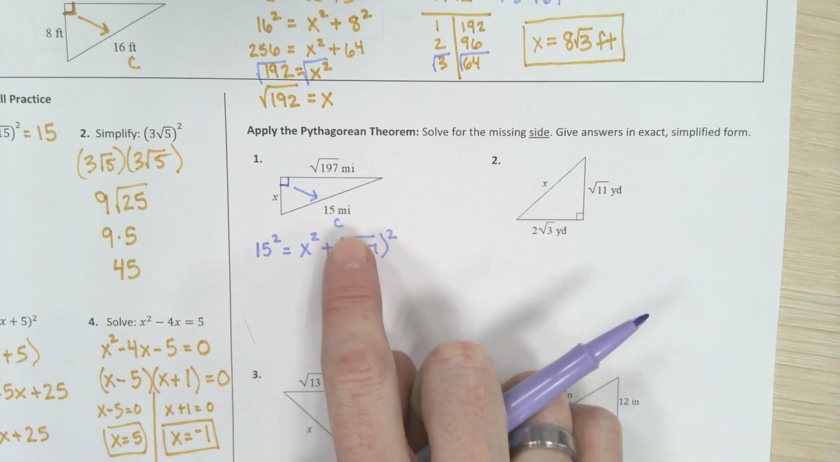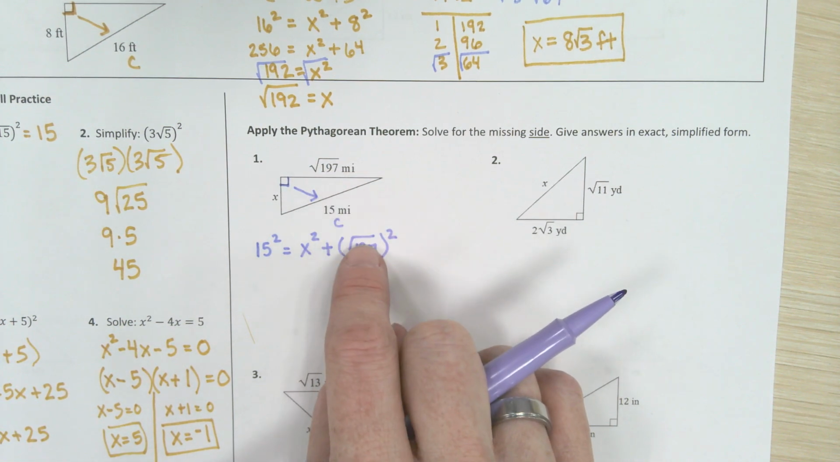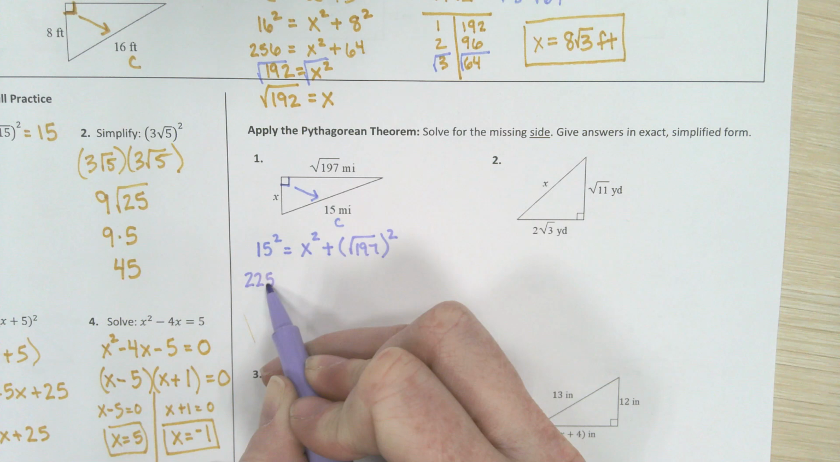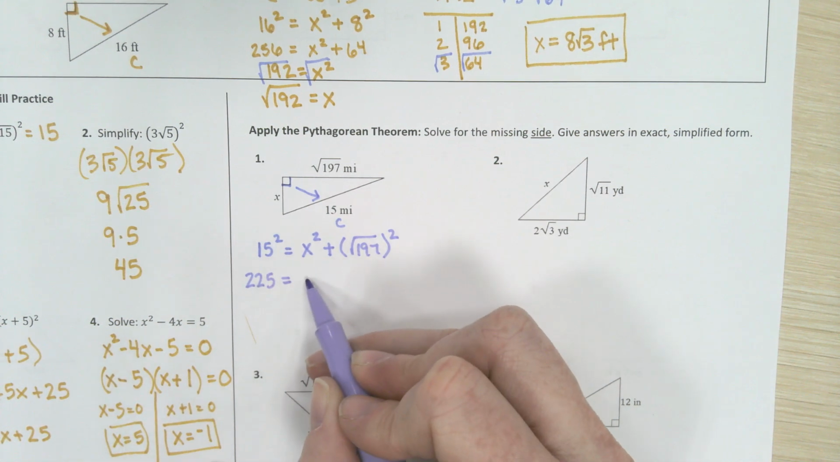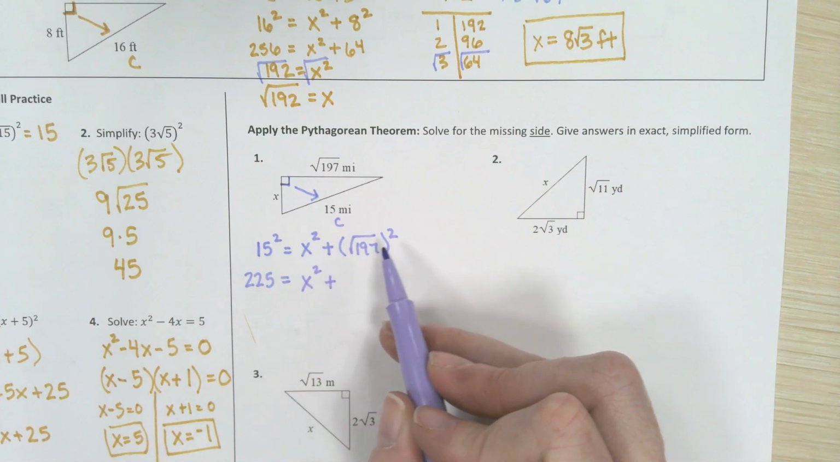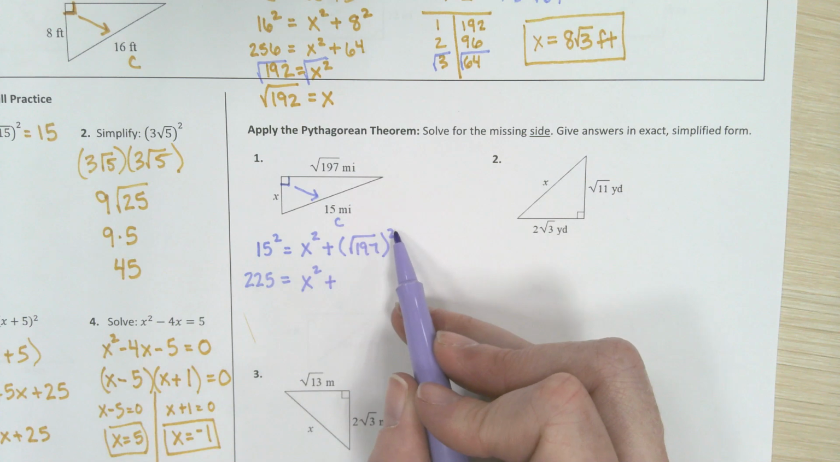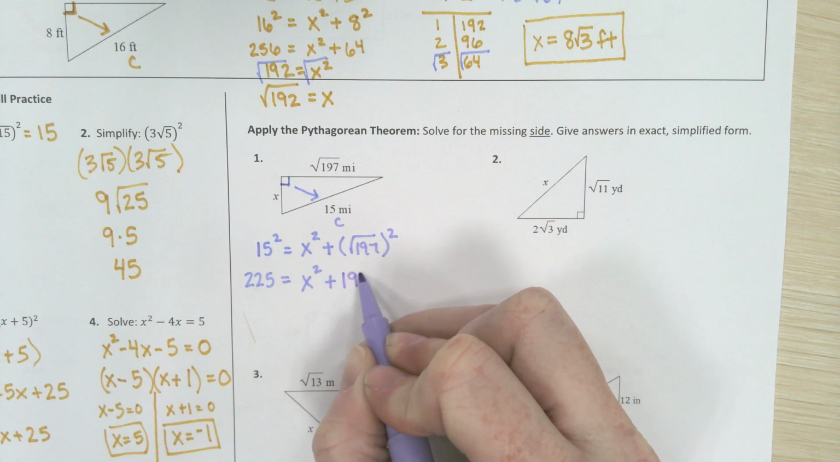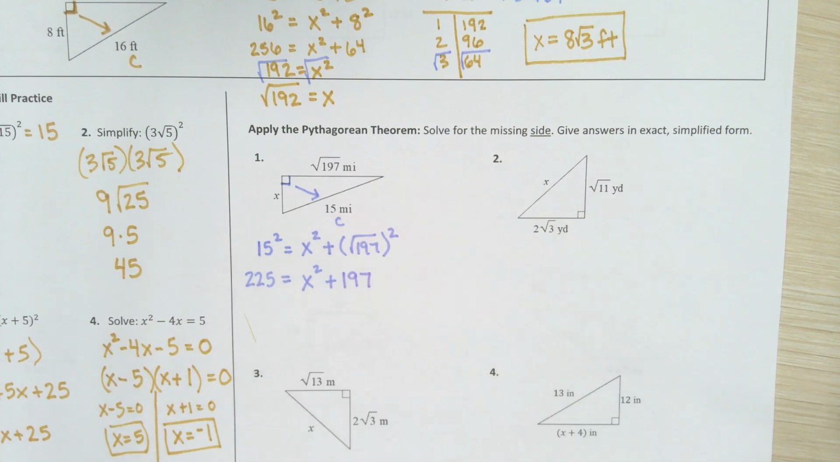I always put the sides that look kind of strange, like they have radicals, inside parentheses. That reminds my brain I need to be careful when I am doing the squaring. 15 squared is 225, x squared, and then remember this is something times itself. That root and that square cancel each other out because they're inverse operations, or we can type in root 197 and see it as a decimal and then square it, we're going to end up with 197, whichever method we choose. Next step, it looks like I'm headed towards some subtraction. So 225